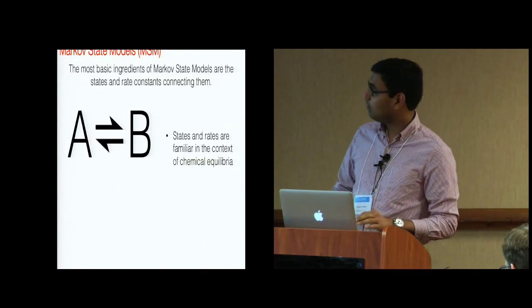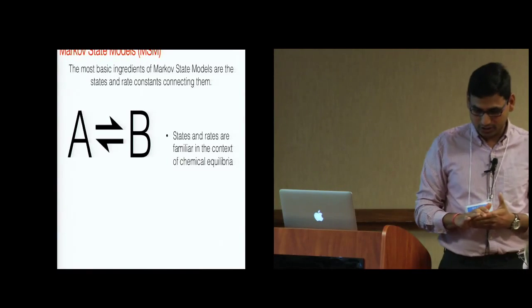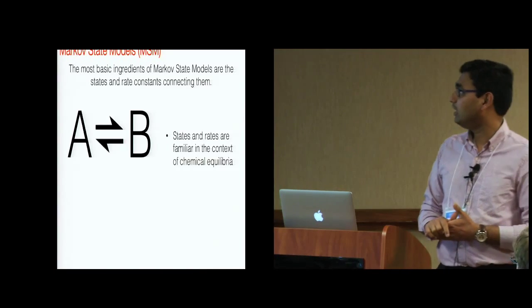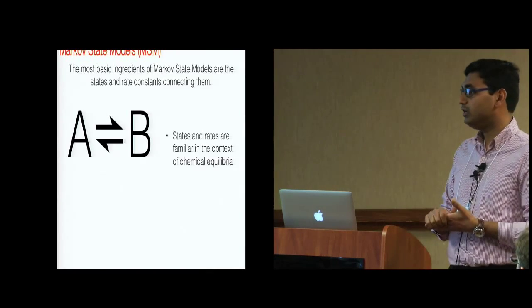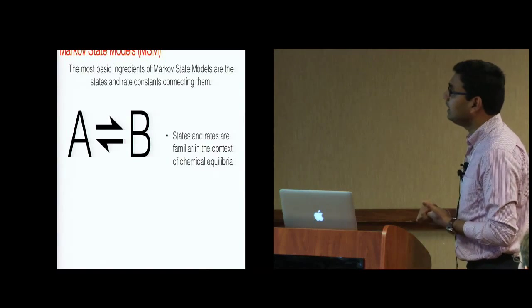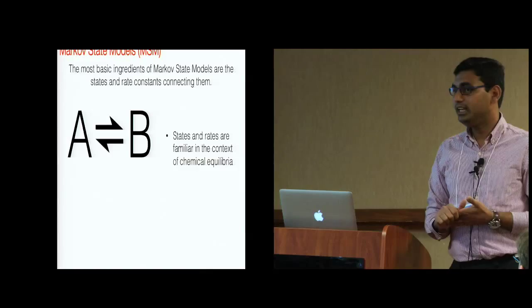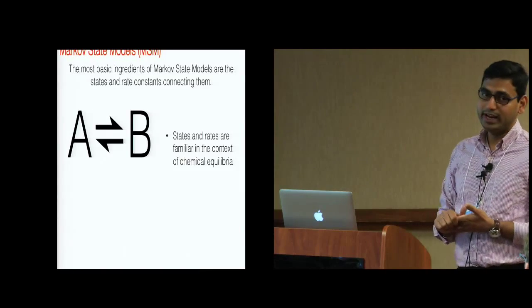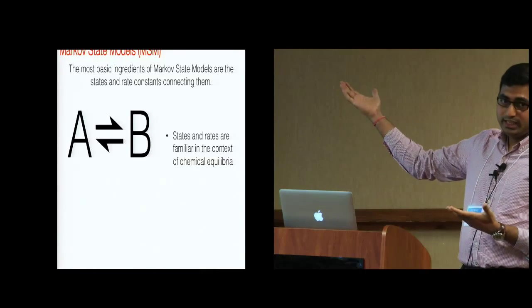I'll give you an example of what we are doing to accelerate these processes. There were a lot of interesting talks yesterday about different methods of accelerating the search of the conformational landscape. What we are using is something called Markov State Models. If you're not aware of these models, the simple idea is you can think of a very simple reaction, A converting into B, and there are two rates and two states here.